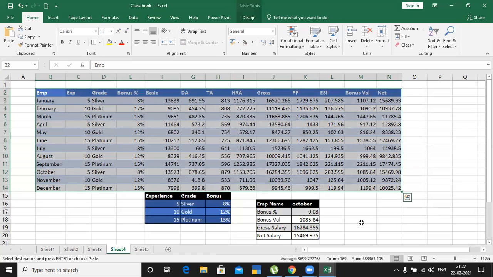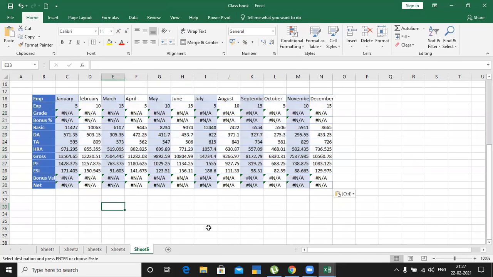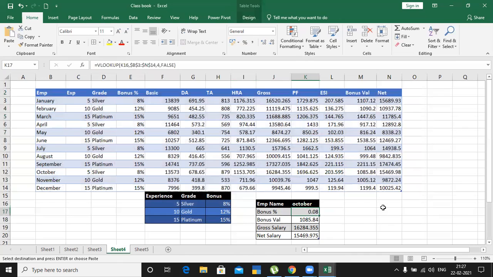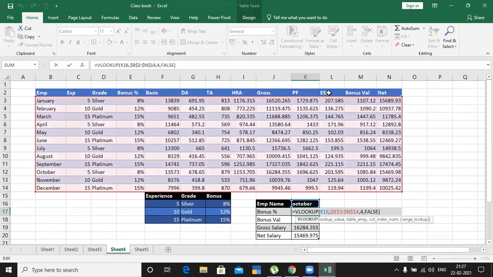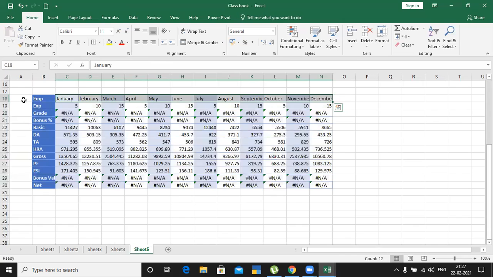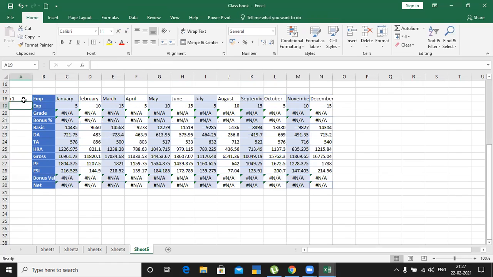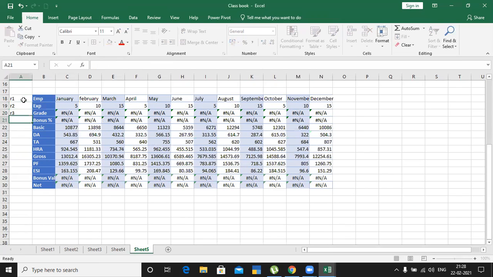Okay. And next thing is, see here I have taken column wise. Here what it was asking, column index number it was asking, but in the case of h lookup it will ask you the row index number. This side is row index number 1, row 1, row 2, row 3. So like this it will ask you.